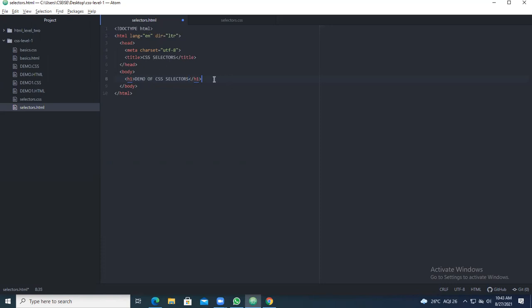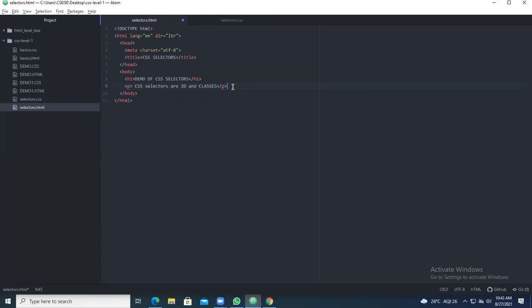Now under this, I'm taking a paragraph. A paragraph means a set of statements. You can give anything else. Under that, I'm going to write: CSS selectors are ID and classes.